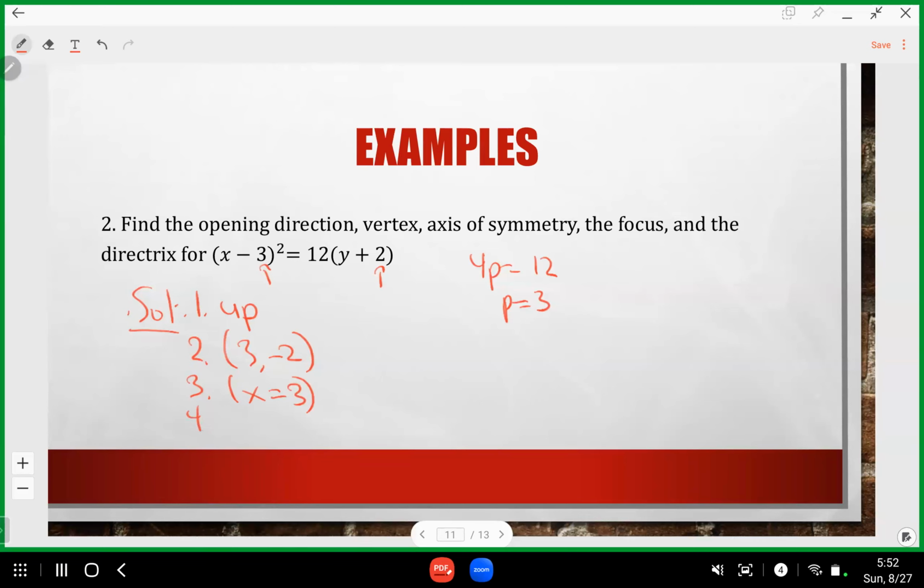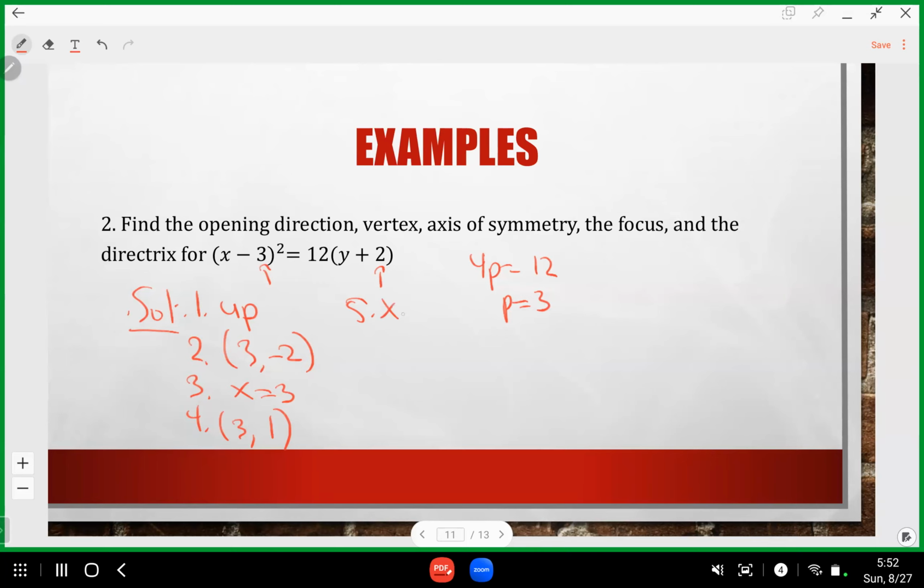Then the focus: the vertex is (3, -2), and it opens up, so it's going to be (3, -2 plus p). That's (3, 1). And the directrix is going to be at